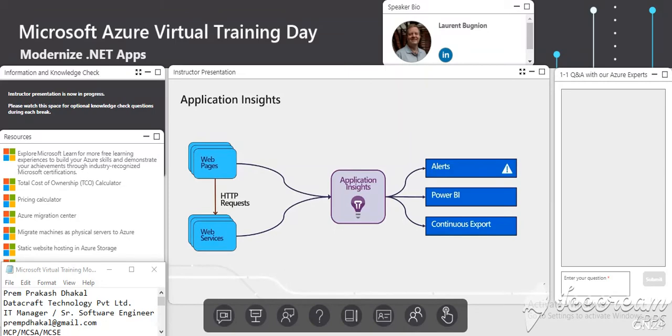Power BI, so that you can create really powerful visualizations of your usage, of your users, where they are from, what they are doing, how much time they are spending on which page, etc. And then you can also export that if you have a